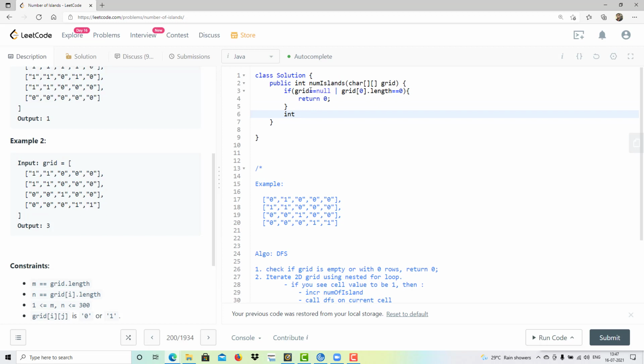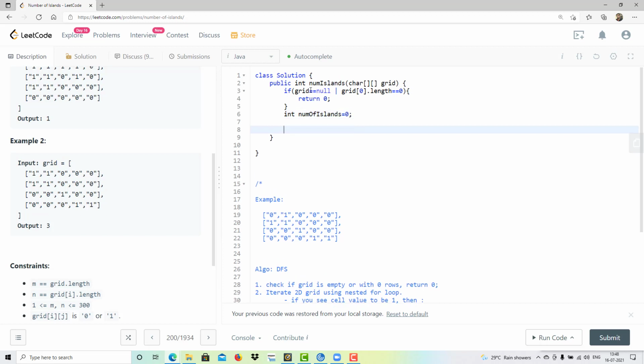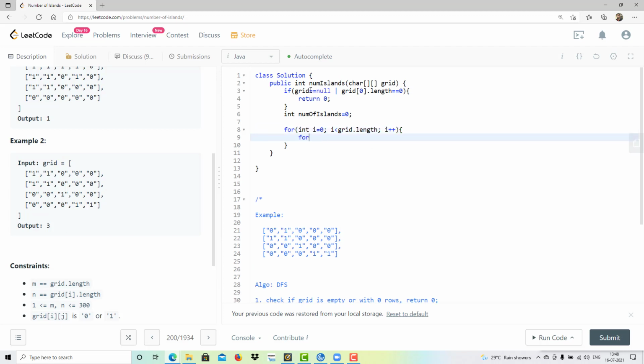Otherwise, you should declare the number of islands as 0. Now iterate the 2D grid using for within for. So I'm going to declare an outer for loop, which is up to grid dot length, i plus plus. And in this for loop we are going to write one more for loop for j,